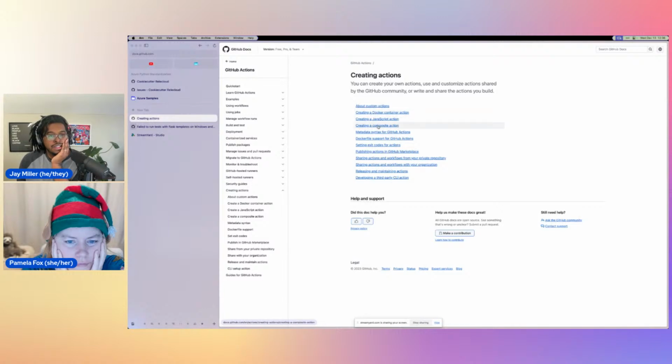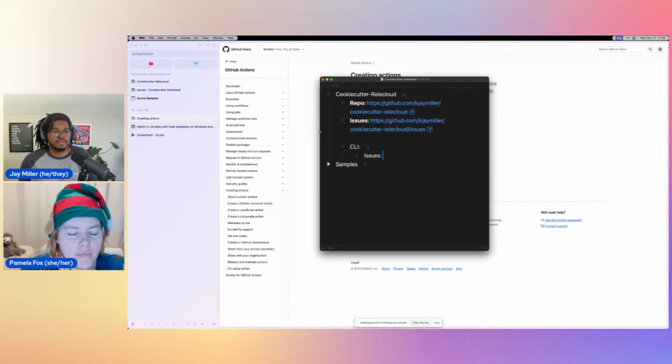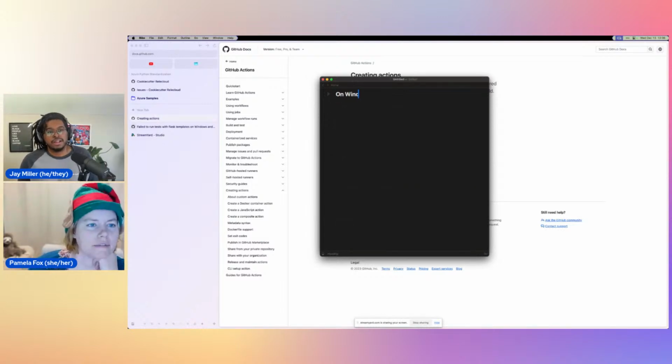So I'm guessing it's a composite action. We could even start not necessarily with the action, with just writing the steps, right? And then turn it into an action. We don't have to jump to the action. So we could just start with: on Windows, this is what we want to do. So we're saying on Windows. So what do we want to do? We want to